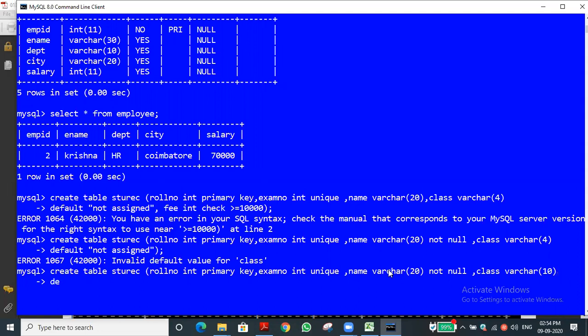The default value we have to mention. For example, instead of null, 'not assigned'. For example, 'not given'. Let me check it.